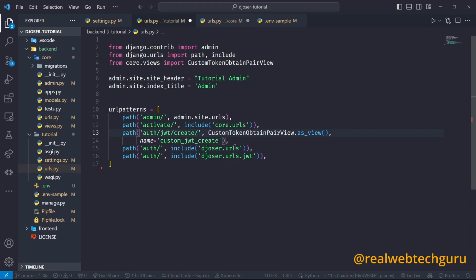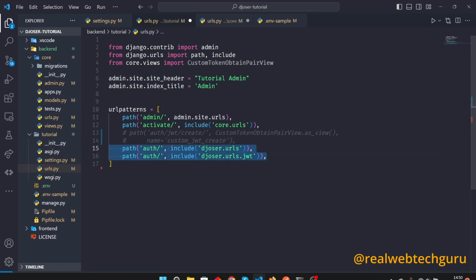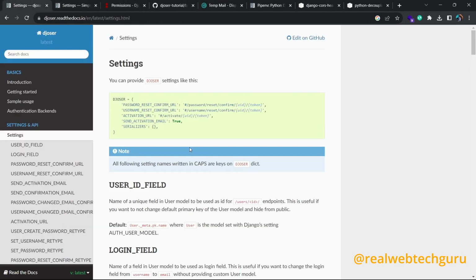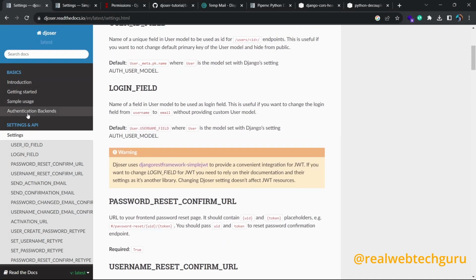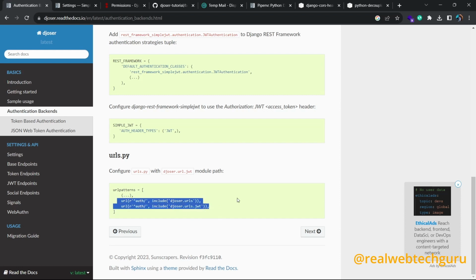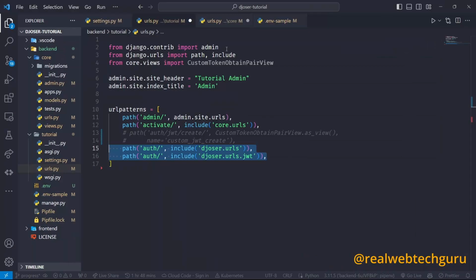We have another endpoint, so I'm going to remove these and demonstrate why we need that. I know you are familiar with this, because if we go to Djoser, to configure our URLs, you can see you add a URL in your main URL patterns. You come and add these two, you can just grab them and add them into the file. This one is to include the Djoser URLs, and this one is to include the